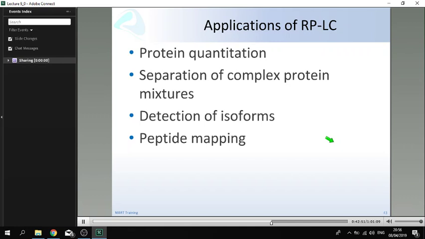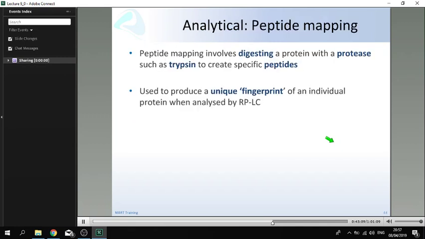Reverse phase chromatography can be used for protein quantitation, for separation of complex protein mixtures, for detection of isoforms, and what's really important is for peptide mapping. So to actually see the fingerprint of our protein, whether we have the right protein, whether we have the right amino acids. So peptide mapping is done by digesting a protein with an enzyme, with a protease, usually trypsin, to